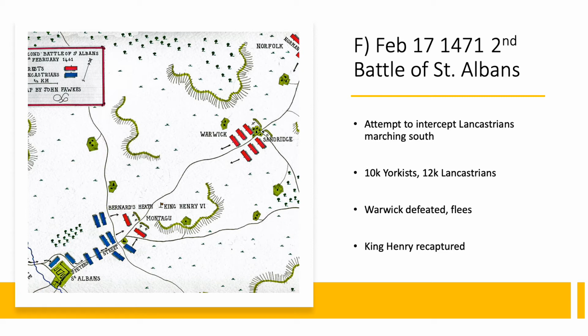There's some confusion about where the Lancastrian forces are. He thinks they're somewhere they're not. There's a lot of disarray on the battlefield. Warwick ends up fleeing the field of battle. In his haste, he forgets King Henry, which you can see pictured here. His brother, John, the Earl of Montague, is taken captive.